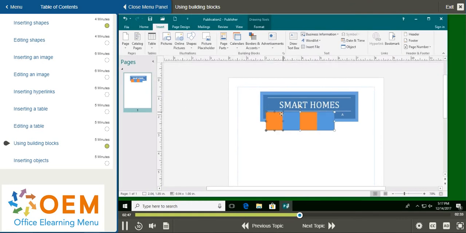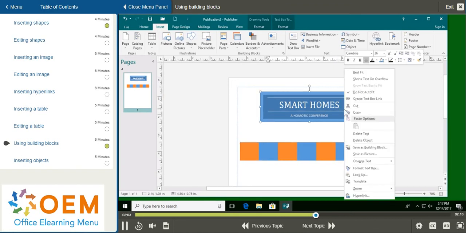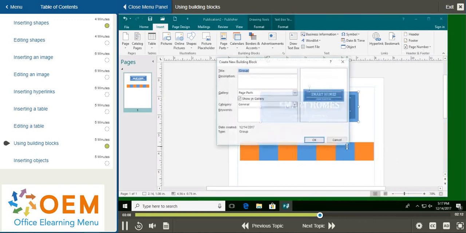And again, I could click on that, drag it and reposition it in my publication. I could also move my cursor over one of the handles and drag that to enlarge the bar. To save a building block that you've customized, you simply have to right-click on the object. I'm going to right-click on the heading I inserted. And when the option window opens, select Save as Building Block. A Create New Building